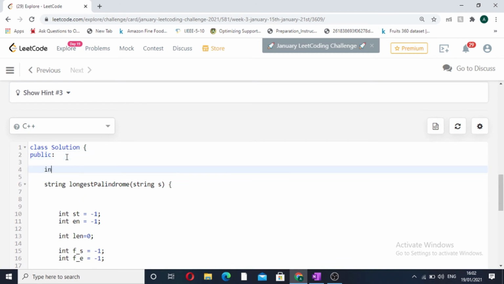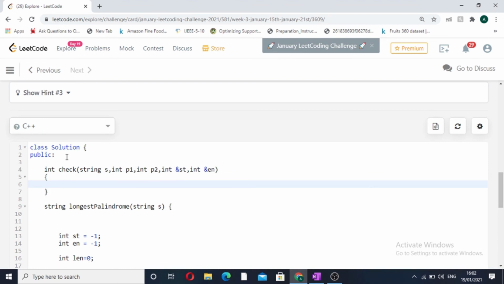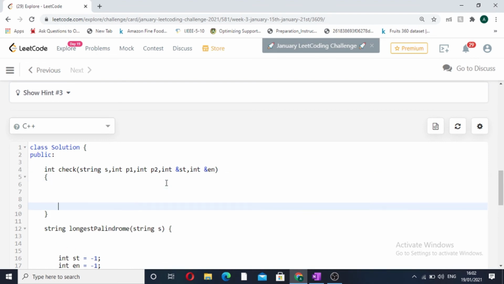So what will our check function return? It will return the maximum length of the palindromic substring. So int check, first is string s, then int p1, and the second pointer will be p2. Another argument will be an int passed by reference for the starting point, and an int passed by reference for the ending point, which will be the starting and ending point of the particular substring.